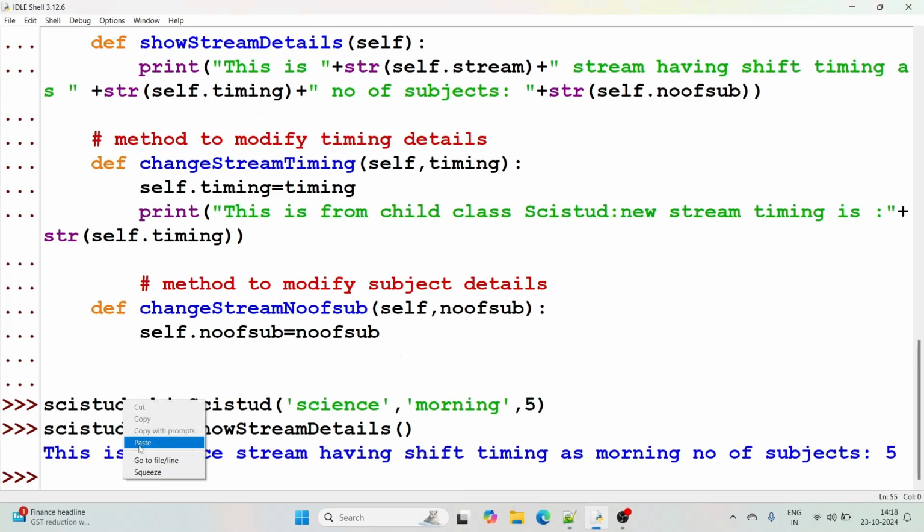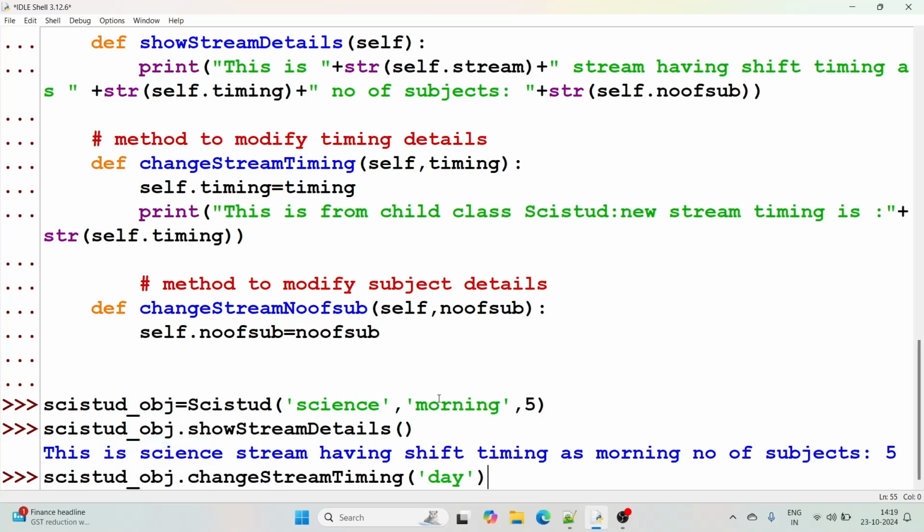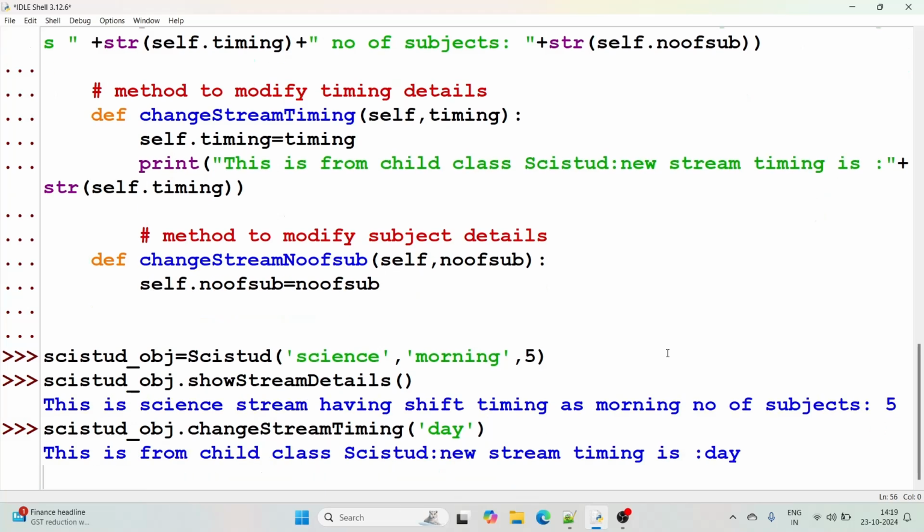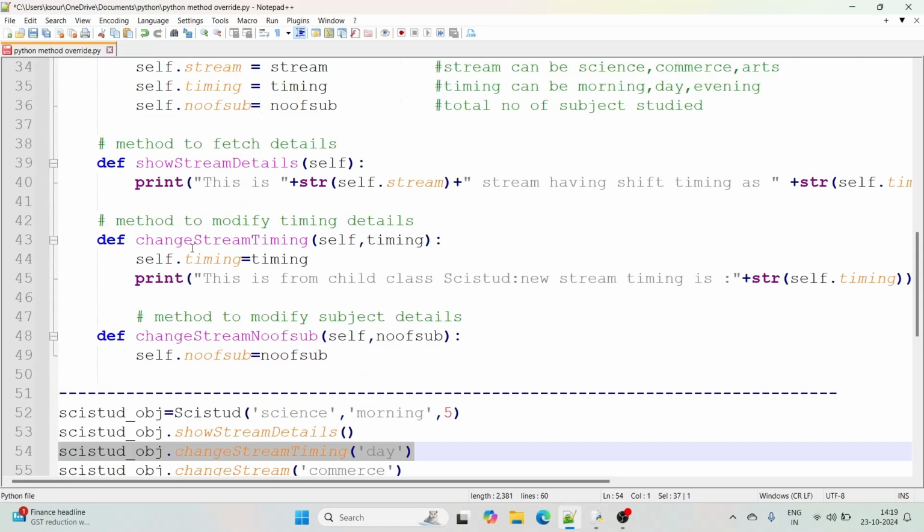And I'm passing the parameter as day, right? So I'm changing the timing from morning to day. Let me hit enter. So one message is printed, this is from the child class, science student, new stream timing is day, right? And this print message is in